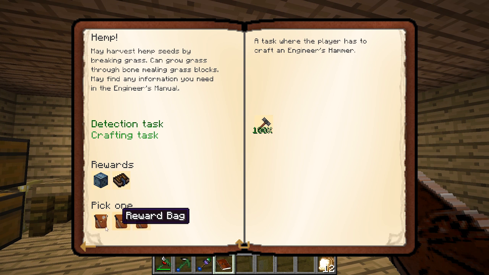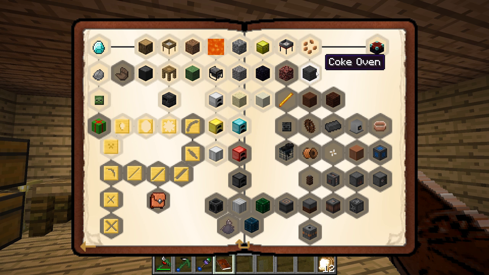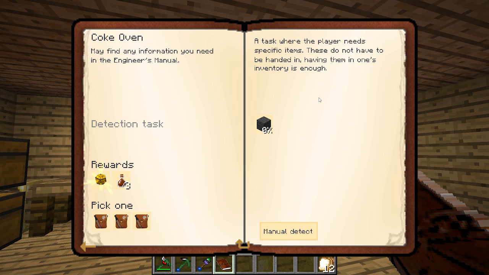And that opened up enchanting table and coke oven, which we need to make steel. So that's going to be our task